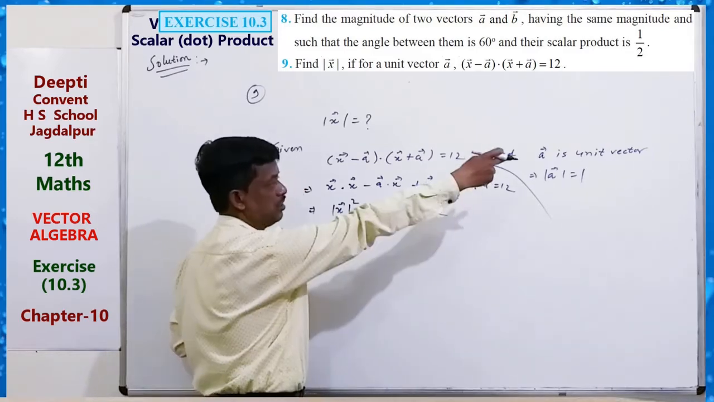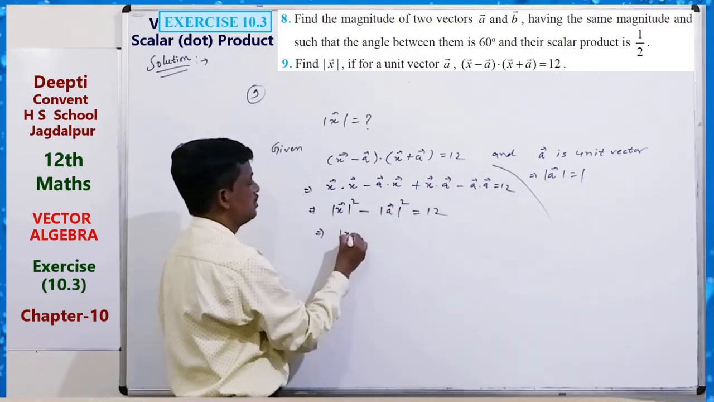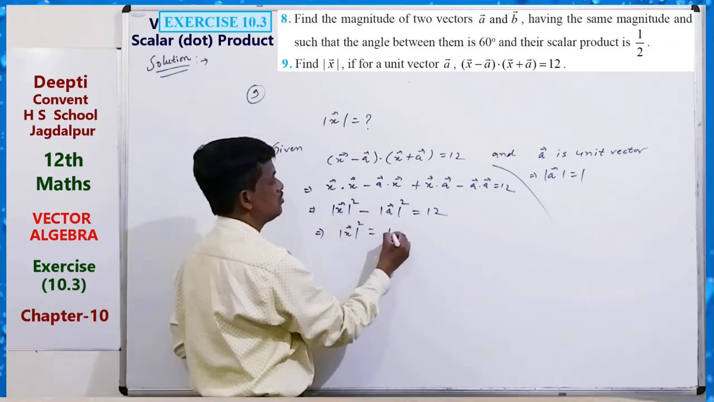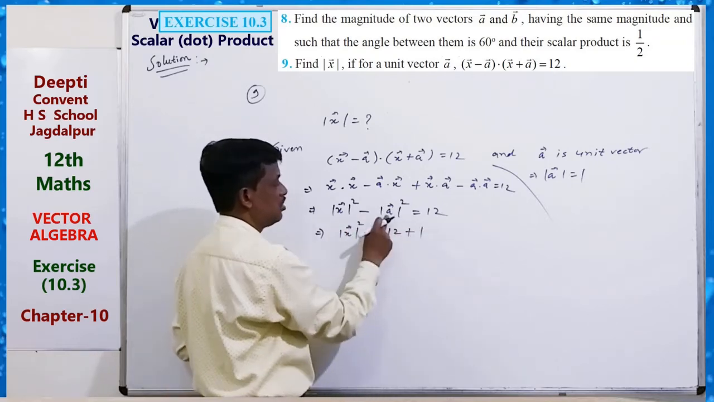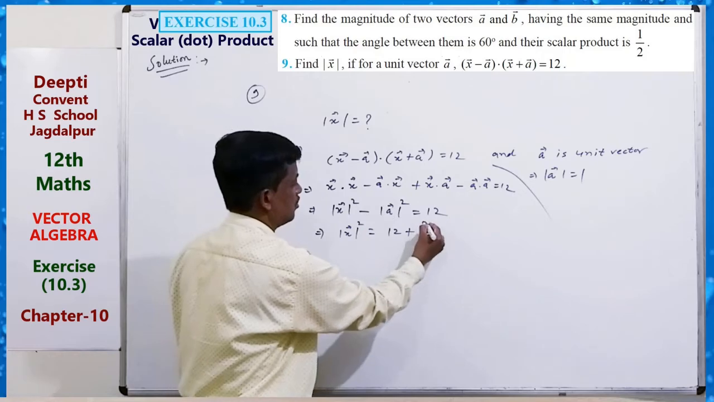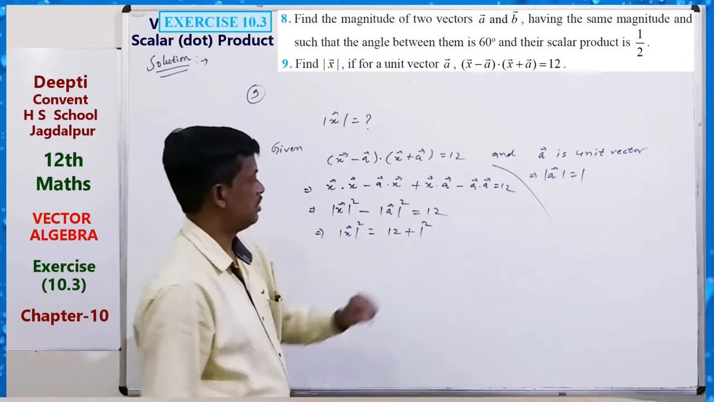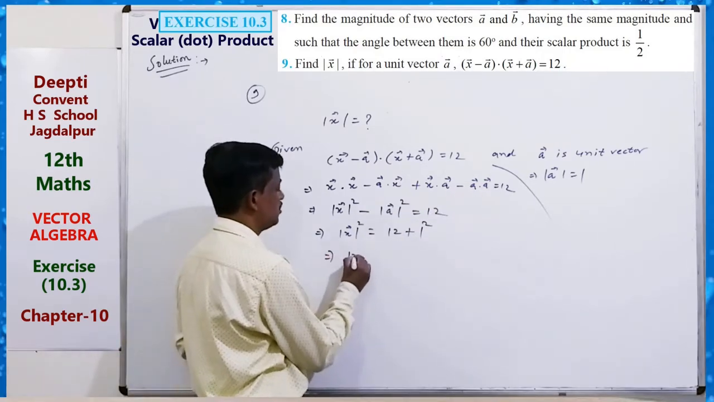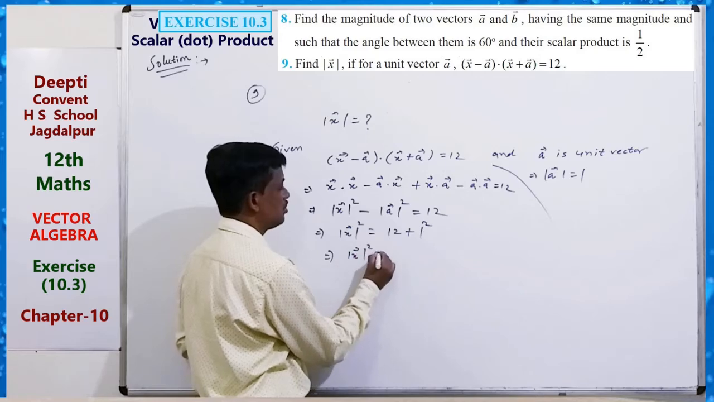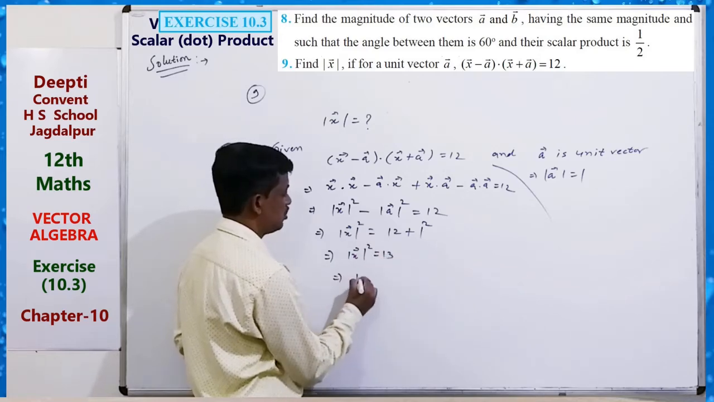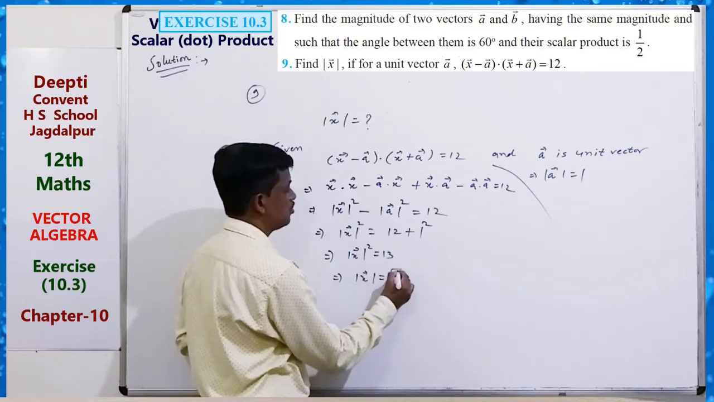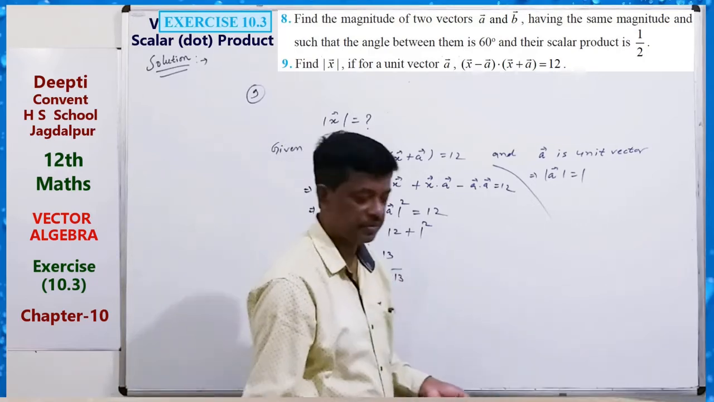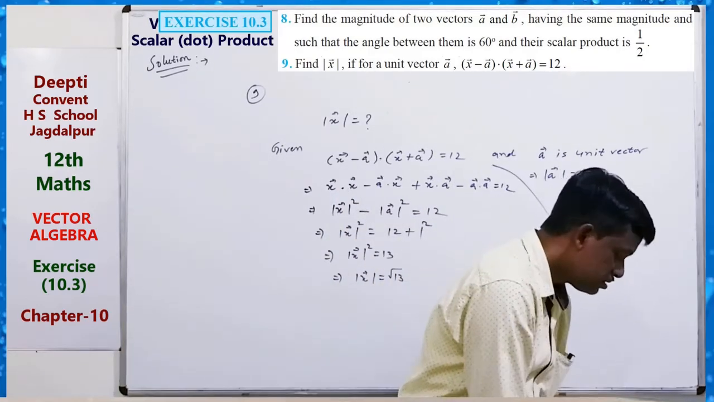Mod a equals 1. So we can see that this is equal to 1 squared plus 1 squared, which is 13. So mod x squared equals 13. So mod x equals root 13. So this is the answer. Simple. So similarly,